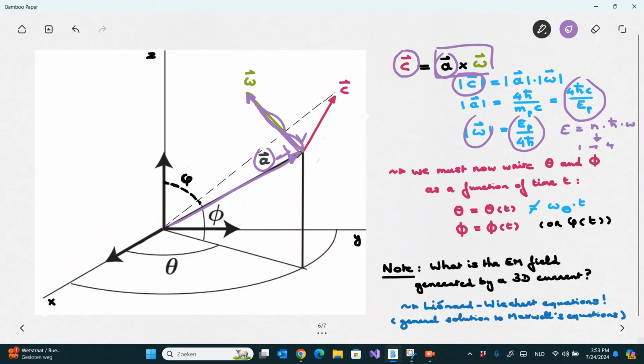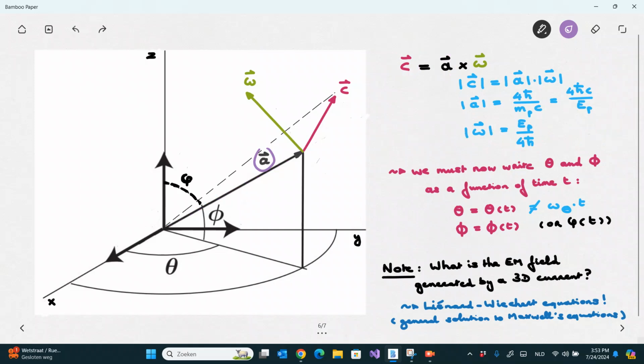The magnitude of our velocity vector will of course be equal to c, the speed of light, times the radius distance times the absolute value of our frequency vector. So that's all nice, but what we want to do is find a